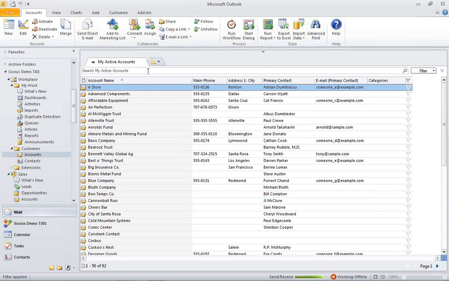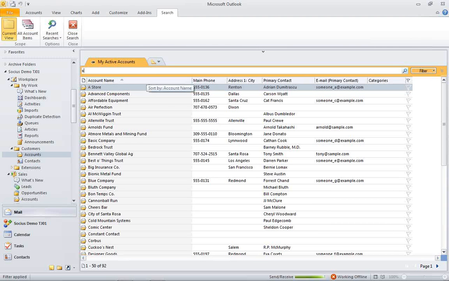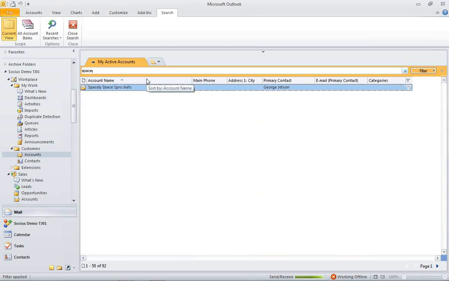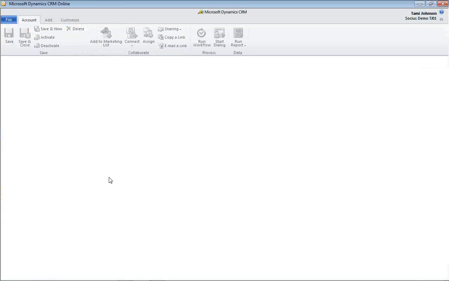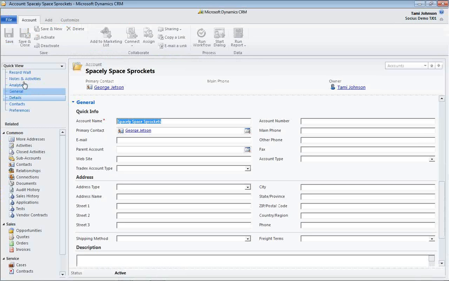All right. So first of all, let's find our Spacely Space. So I just typed space there in my filter, and so you can see that that account does exist. One thing I want to point out here, we're going to look at a different account, but one thing that I want to point out